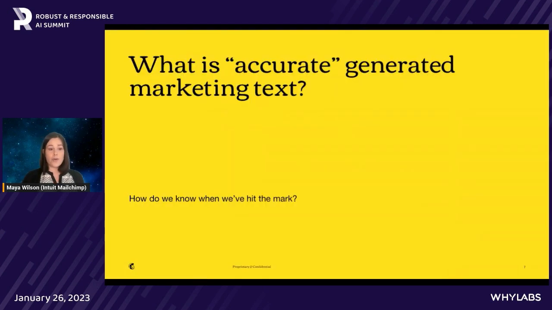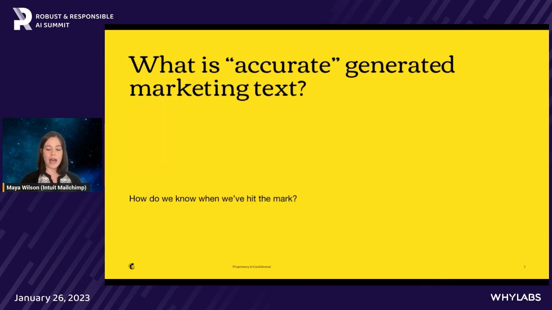Okay, so what does accuracy mean for marketing text? This is actually one of the questions that gets me the most excited about my job because I think there's some really interesting opportunities to think about, not only doing right by our users, but also improving outcomes for them. But you might say, all right, Maya, well, if you're just trying to help your users save time, shouldn't you just be producing what the user would have produced themselves? Isn't that accurate? Well, not really, because we actually want to be producing better content than our users would be producing themselves. So we can't just compare what the user would have done versus what our AI would have done.